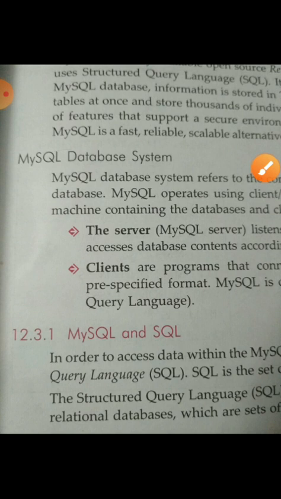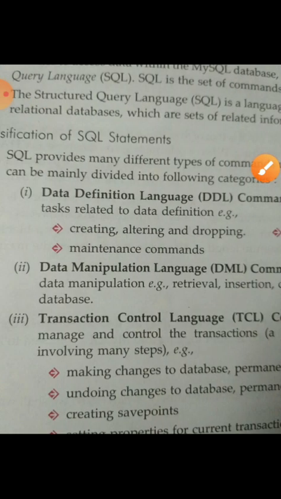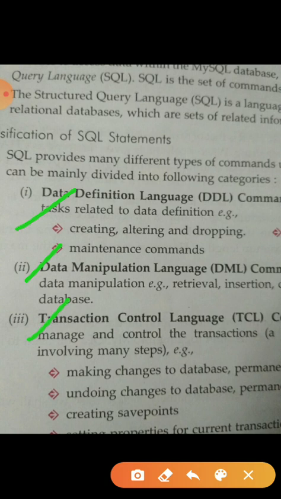So if we want to do work in a database, we learn these three languages, okay. First one is DDL. The full form of DDL is Data Definition Language. Basically these commands allow us to perform tasks related to data definition, for creating, altering and dropping. Create database and create table are all data definition language. If you want to change the structure of the data, it is called alter. It is also a data definition command.